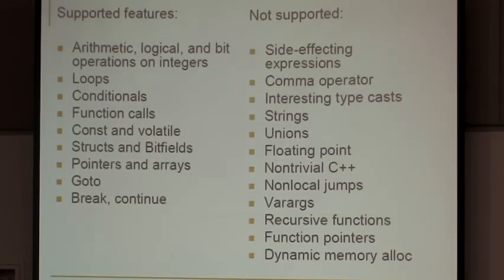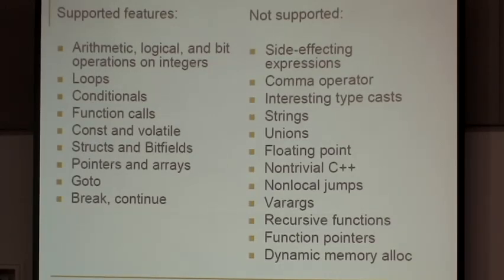We can generate C features such as arithmetic, logic, and bitwise integer operations on the integer types from byte up to 64-bit integer. We can generate loops. We can generate branches. We can generate function calls. We can have const and volatile qualifiers attached to variables, including pointers. And we can generate structs,